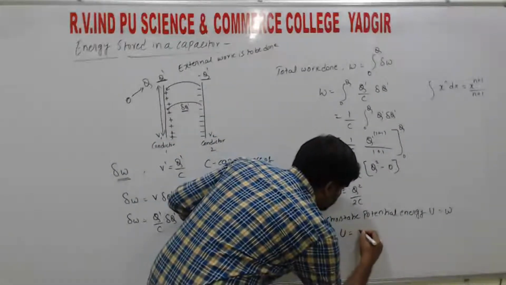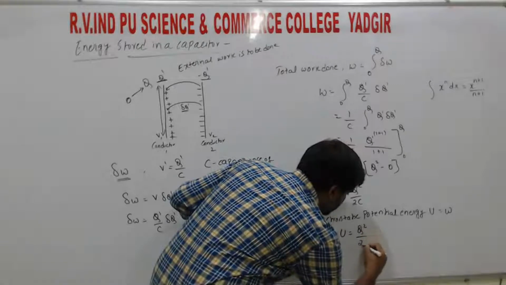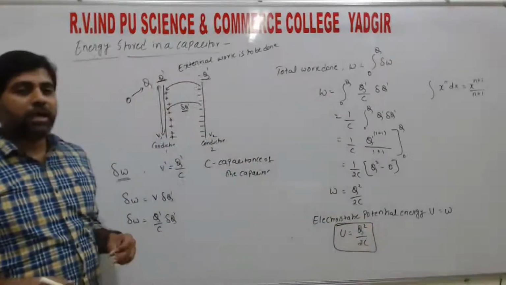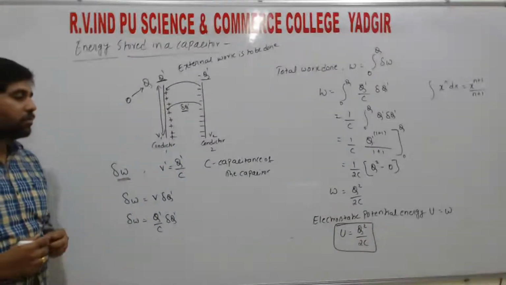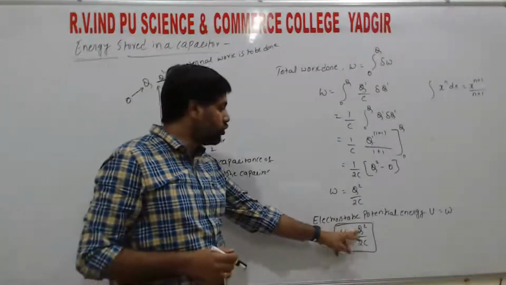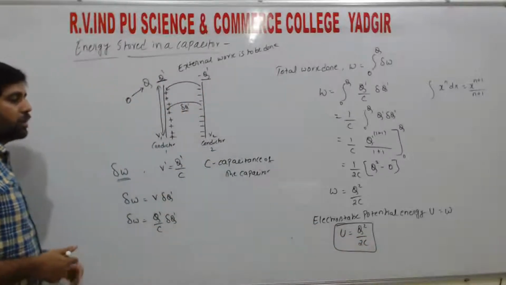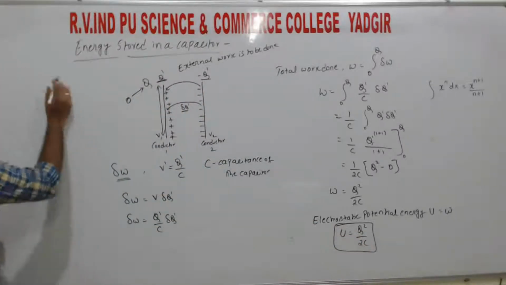So U is equal to Q square by 2C. So this gives the expression for the energy stored in the capacitor. It stores the charge Q and its capacitance is C, right? So the other forms of energy,